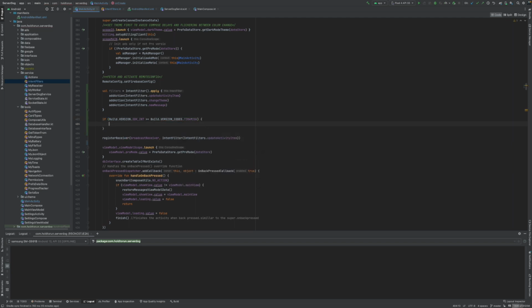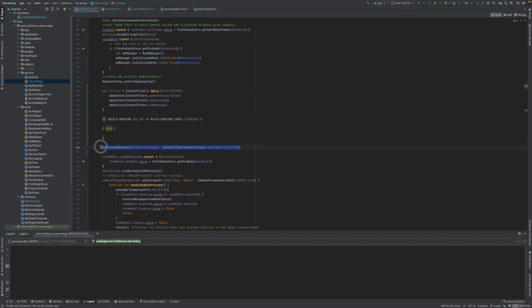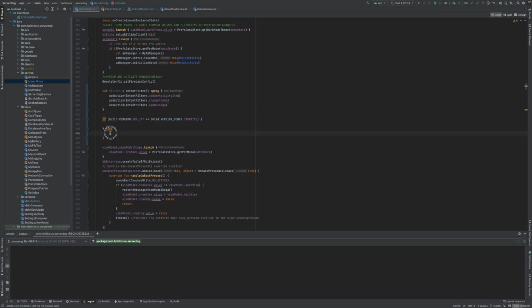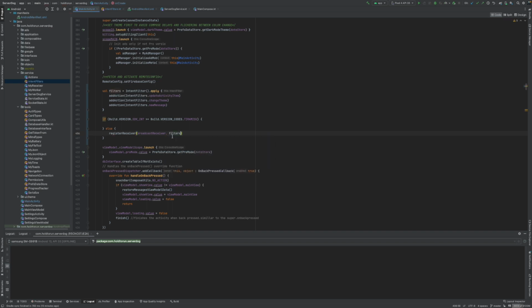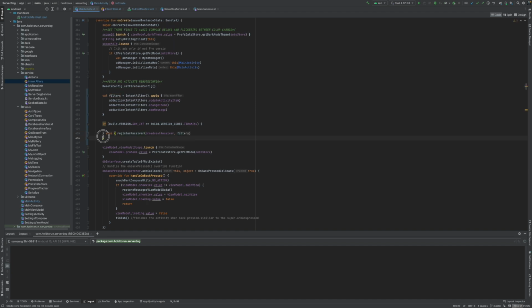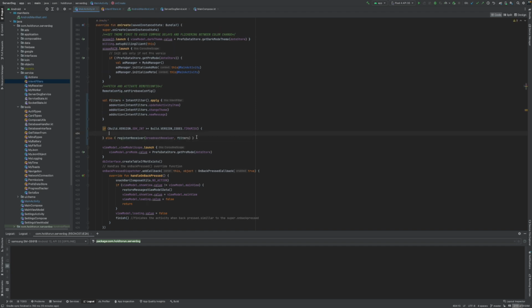So the flags, exported flags, do not work in the older receiver registering. So I'm just gonna say like this. So we don't have our, now we want to just add our filters like so. So this will work definitely without a flag on older Androids, but now we have to add